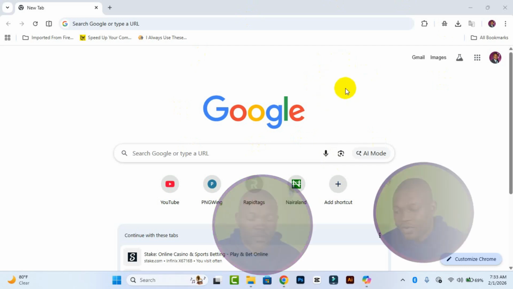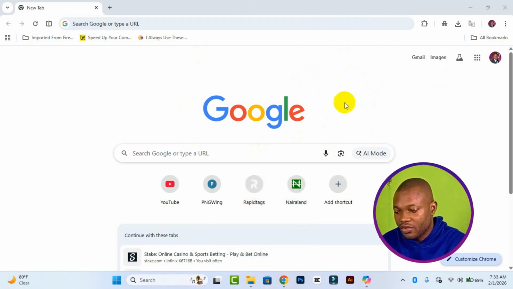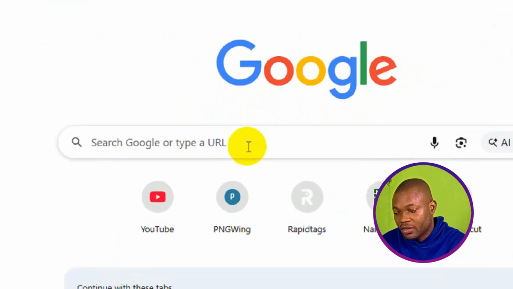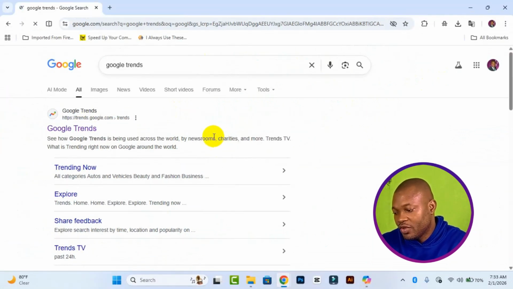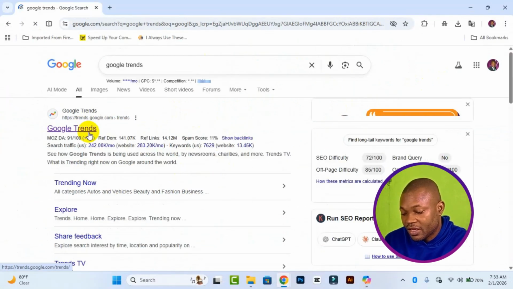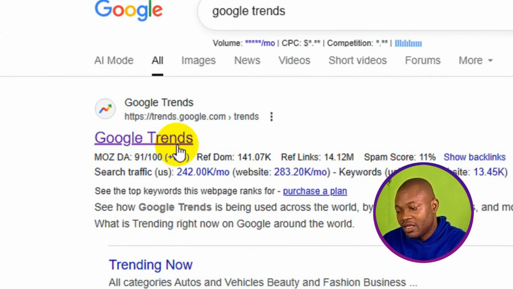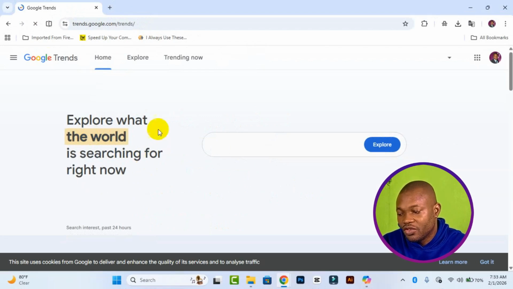First thing first, you have to open up your Google browser. Then after you open up your Google browser, come to your search right there and type in Google Trends, hit enter. Then it's going to take you right here. What you want to do here is to click on the first result, which is trends.google.com. Click on that, and in a few seconds it's going to take you to the Google